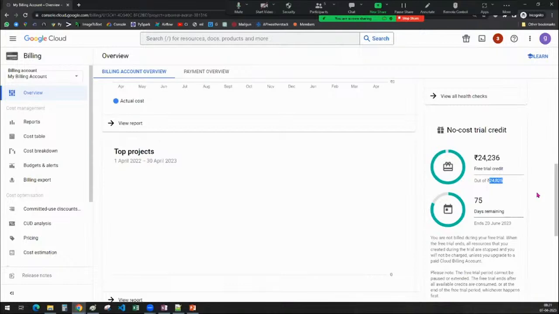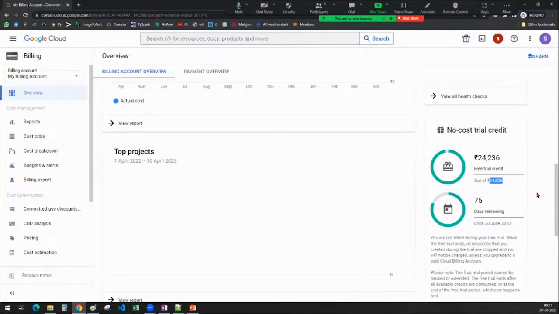Okay, so this is the process, guys. Once you create your account, you will be able to see here 24,825 rupees, or 24,000 rupees plus, so that you can use these credits for your experimentation purposes in GCP. Whatever activity you want to do, whatever tool you want to learn or practice, you can do it here with these credits.